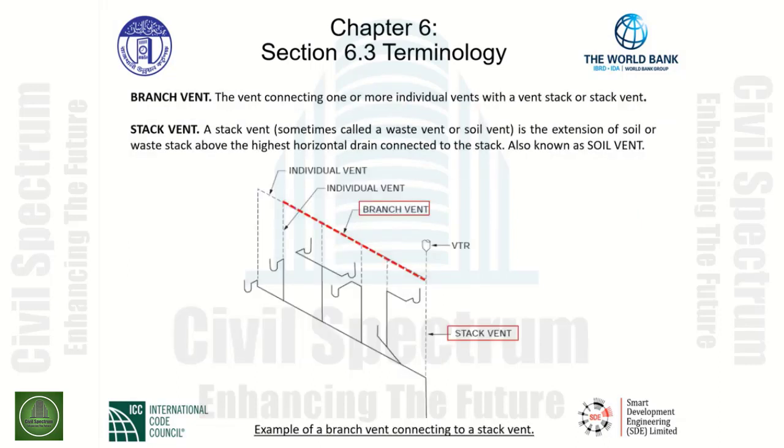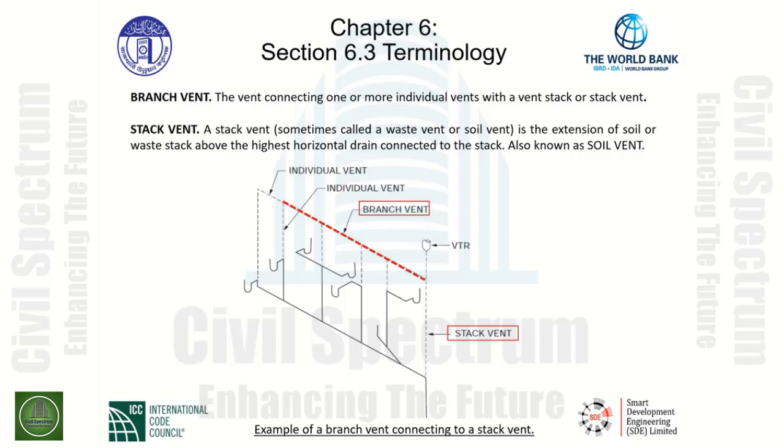Branch vent. The vent connecting one or more individual vents with a vent stack or stack vent. Stack vent, which we sometimes call a waste vent or soil vent, is the extension of soil or waste stack above the highest horizontal drain connected to the stack, also known as soil vent. As we see in the drawing below,